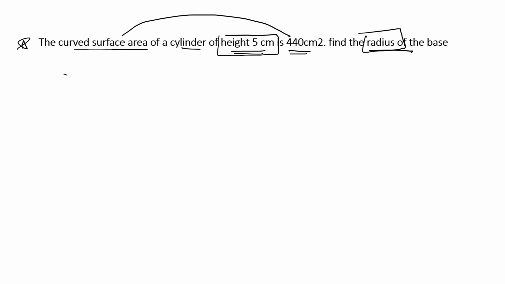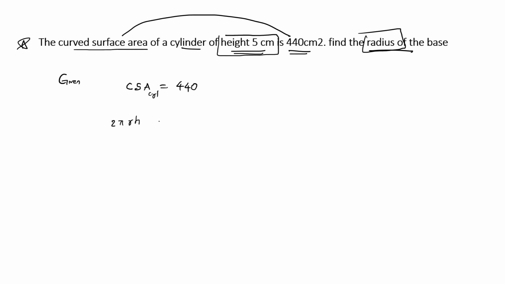Now given curved surface area ఇచ్చేసాడు, curved surface area ఎంత ఇచ్చాడు, 440 ఇచ్చేసాడు. curved surface area ఇచ్చినప్పుడు వెంటనే దాని ఫార్ములా వేసేయాలి. ఓకే, కర్వ్డ్ సర్ఫేస్ ఏరియా ఇచ్చేసాడని చెప్పి గమనం కూర్చోకూడదు. ఇక్కడ మనకి curved surface area of cylinder ఉంది. Curved surface area of cylinder ఫార్ములా వేసేయాలి. ఏం ఫార్ములా, 2 pi rh